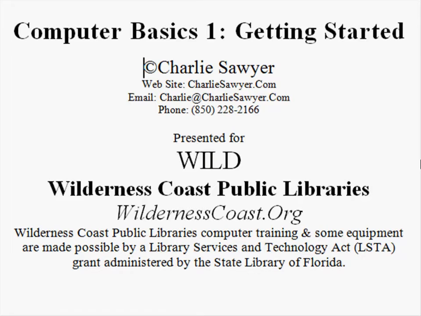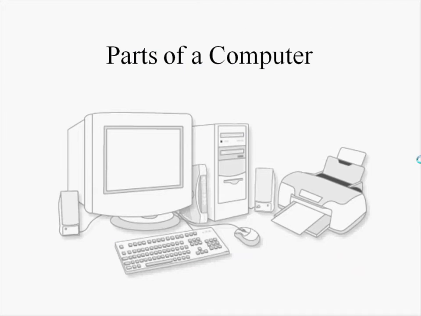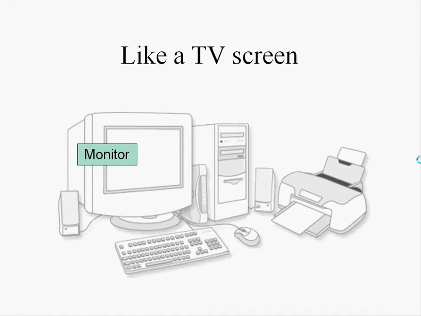So let's get started. First thing we're going to do is look at the parts of a computer. Depending on where you're sitting, most of these parts are on a table or desk around you or in front of you. Of course, you're looking at a monitor, which is like a TV screen, and it acts pretty much just like a TV screen, except, of course, it can have, in addition to moving pictures and still pictures, text as well that you can type and edit